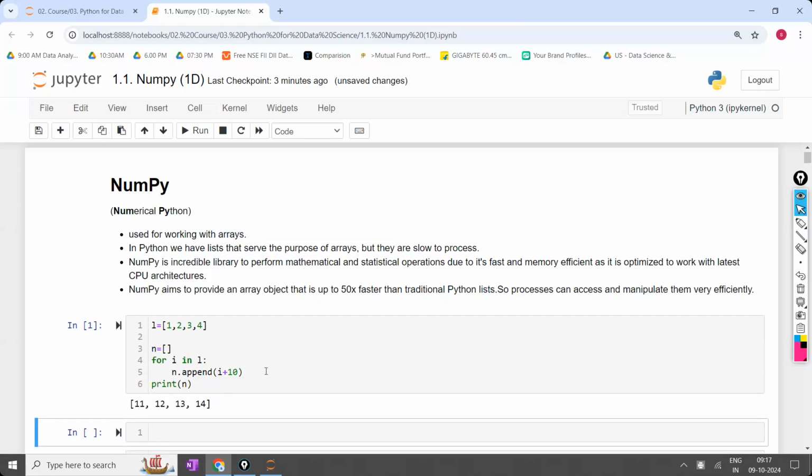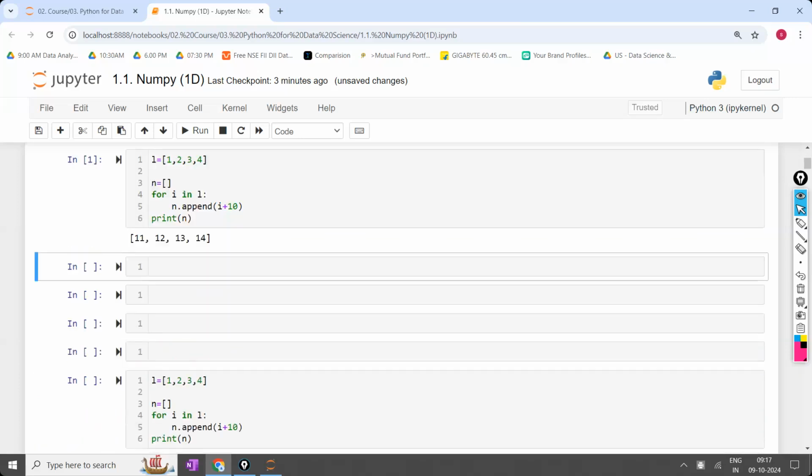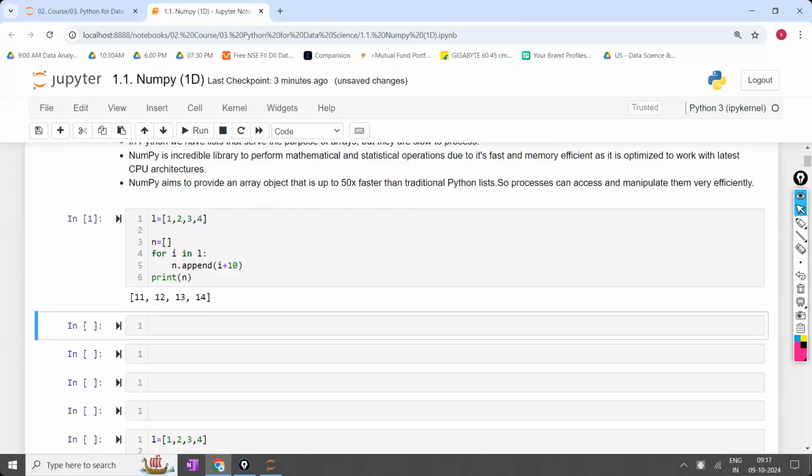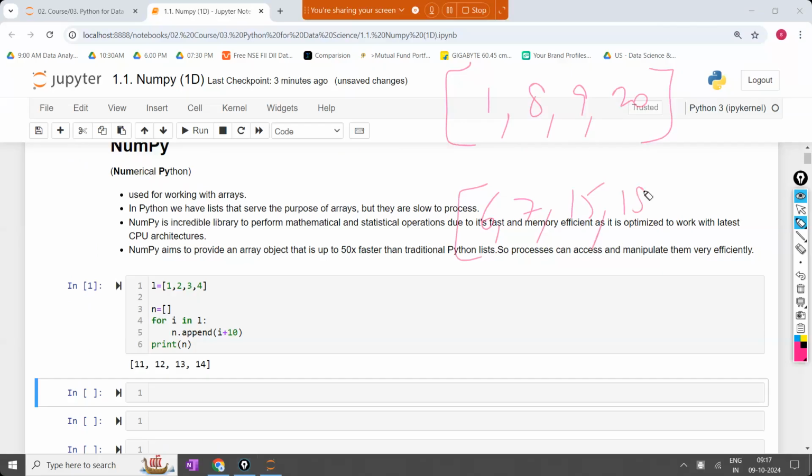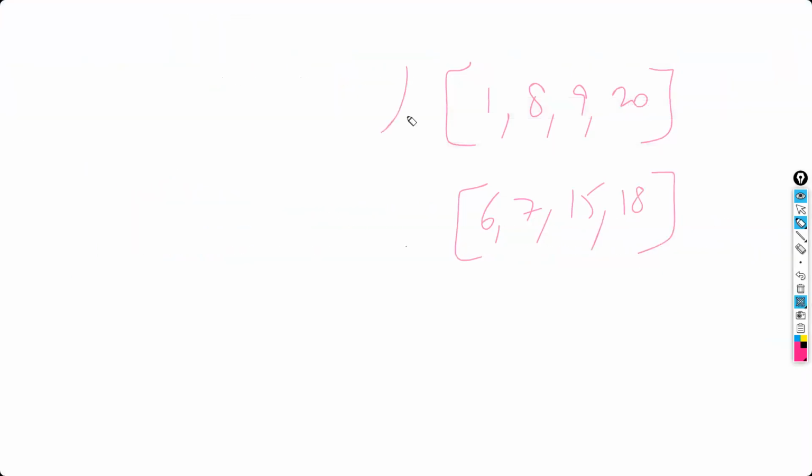Now, question number 2. Now I'm having here 1, 8, 9, 20. The second list consists of 6, 7, 15, 18. Now, some numbers are there. The first list, L1, consists of these values, L2 consists of these values. My required output